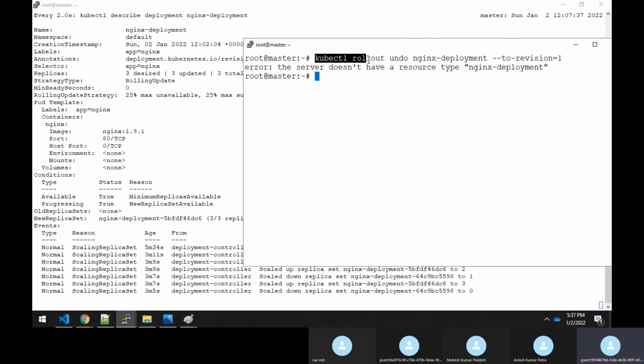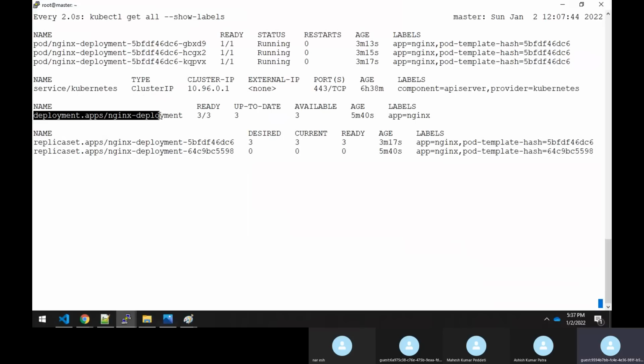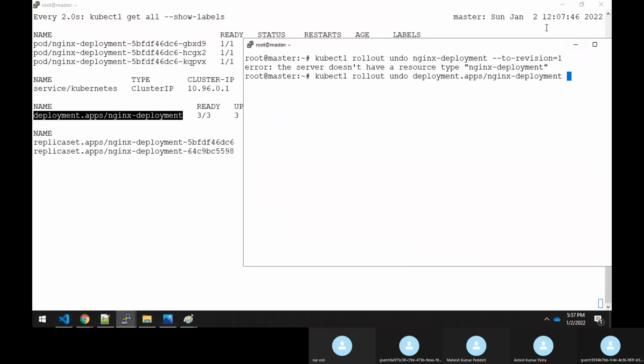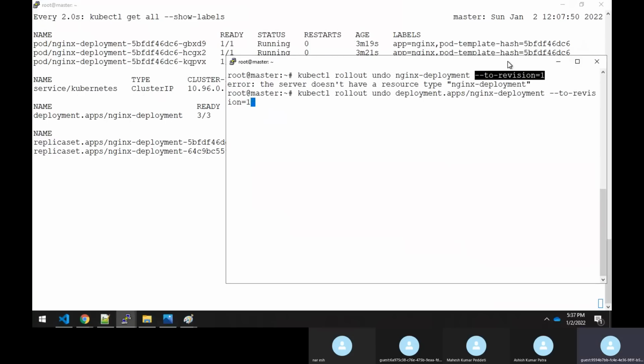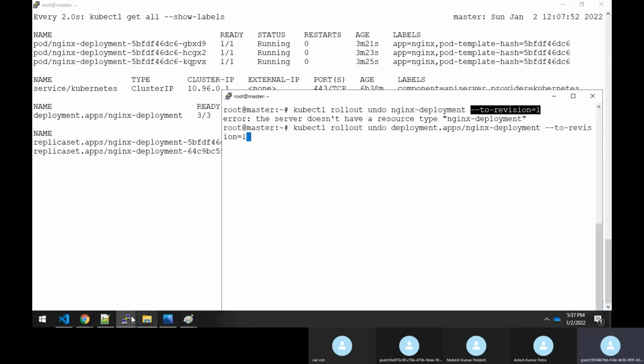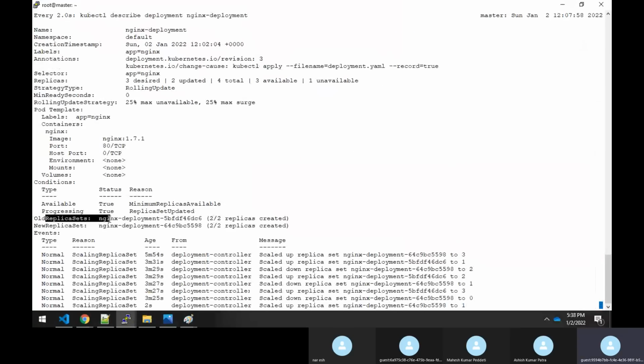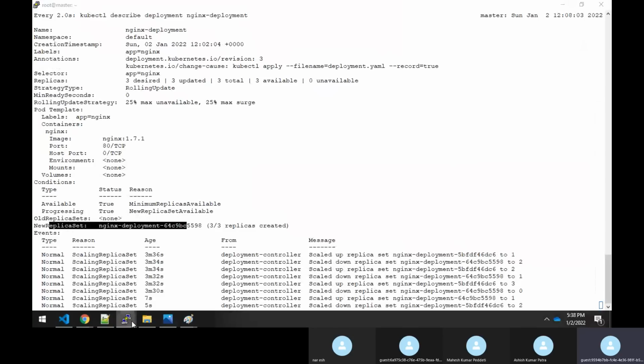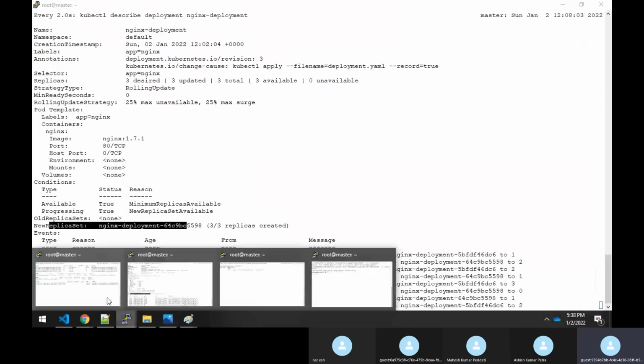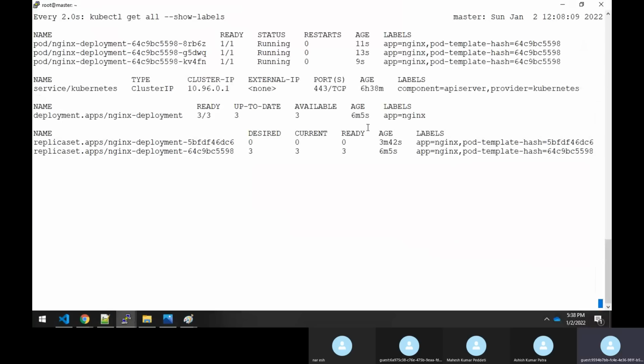Sorry, I think I have to give the complete name, sir. Now you can see it is rolling back. Old replica set, now a new one. It has rolled back again to the older version. Clear, sir? In this way, you can roll back also.